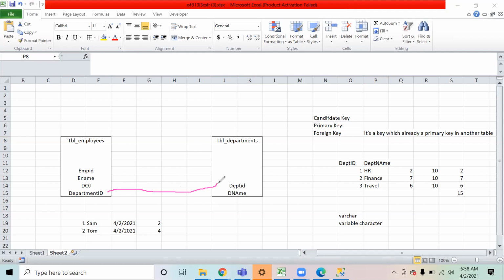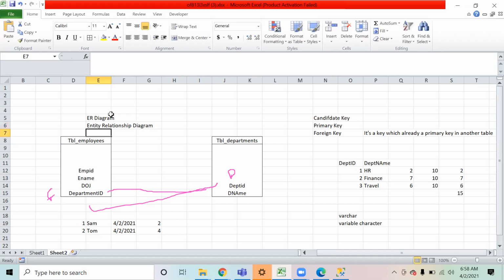Can I say that this over here is a primary key and this over here is a foreign key, and these two tables are connected on the basis of department ID, right? Now this is something that is called an ER diagram, which stands for entity relationship diagram.